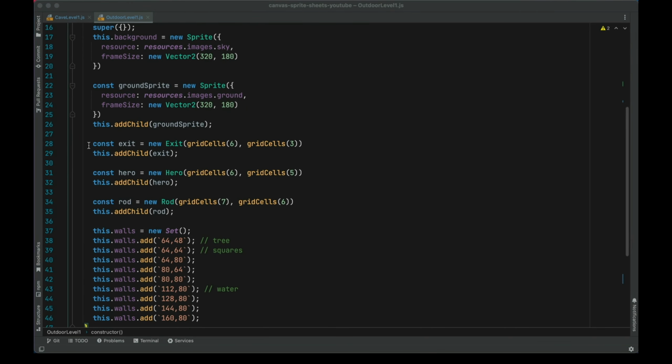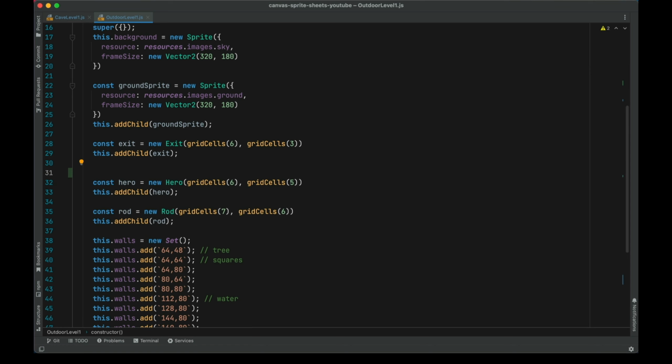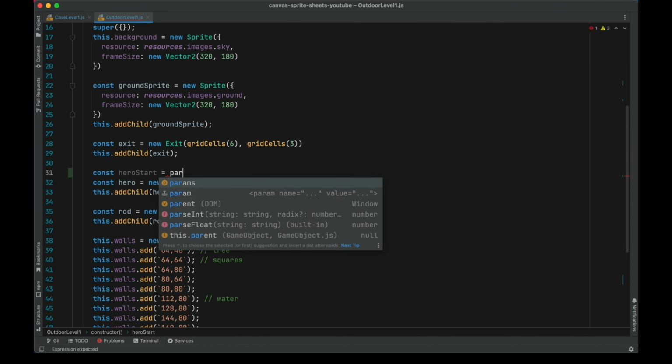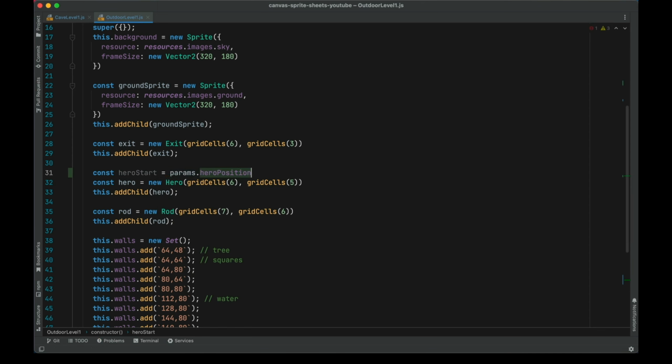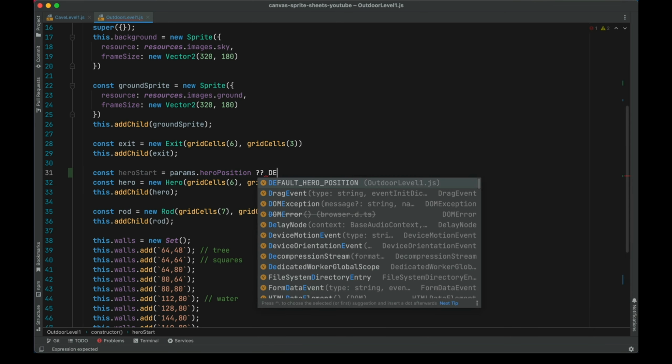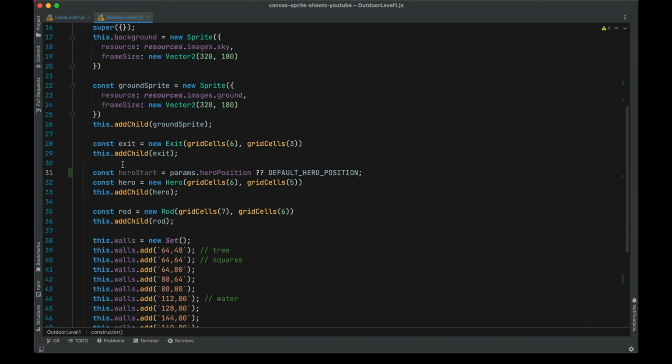When we create the hero, instead of just passing in these values directly, let's make a different variable called const hero start. If we received a params.hero position, we should use that. But if we didn't, we can use our nullish check and default back to that default hero position. So no matter what, we're going to have an X and Y to work with here. We can go ahead and use that XY value in our new hero starting position. So hero start.x